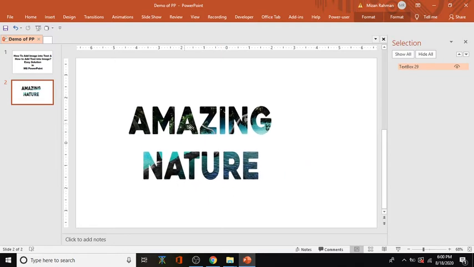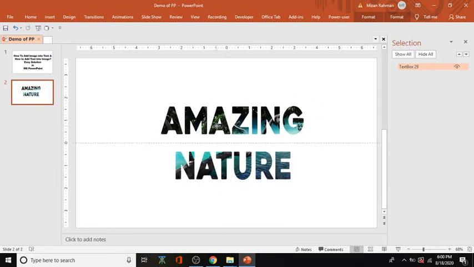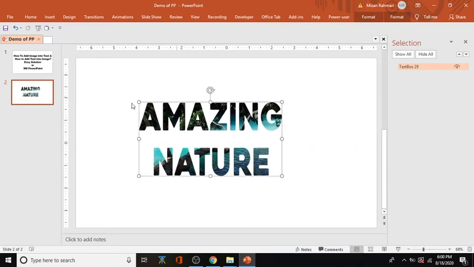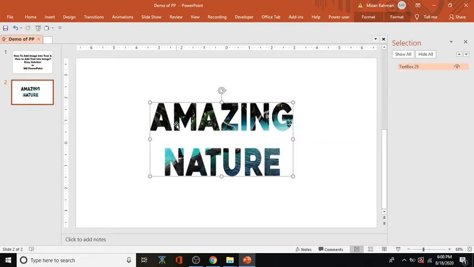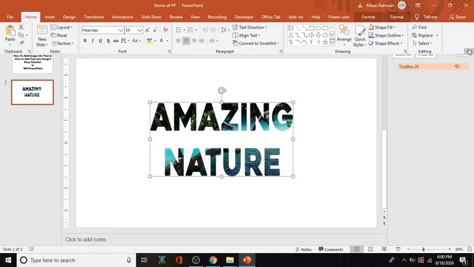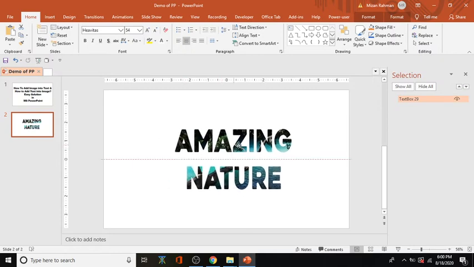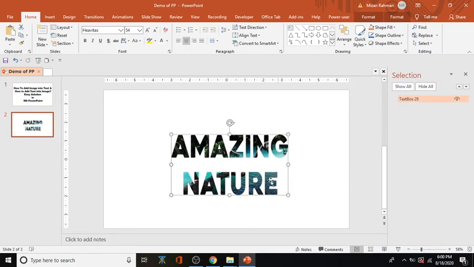This is a very interesting and simple technique, and this effect is very striking. So this is the way you can convert your text into a shape, and from the shape you can convert your text into a combination of text and image.